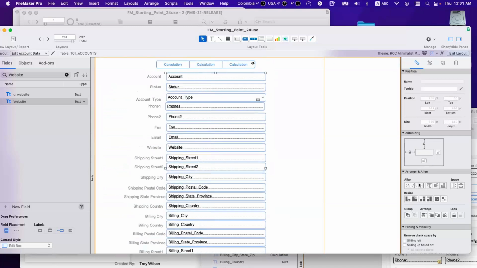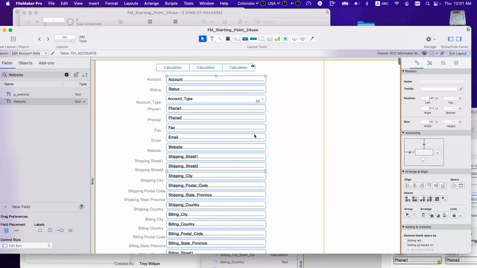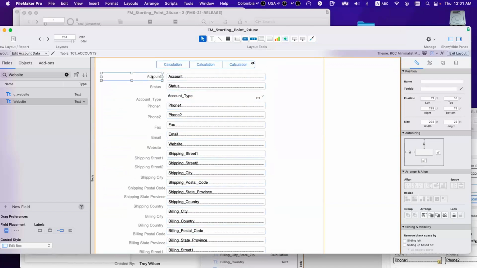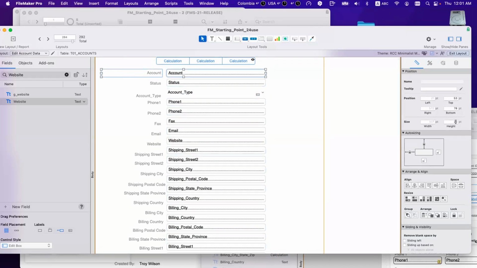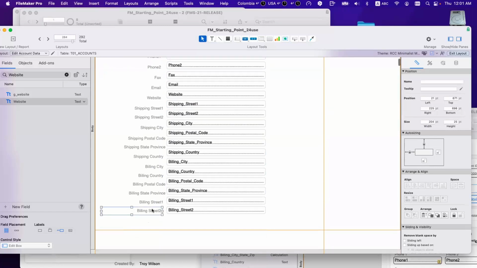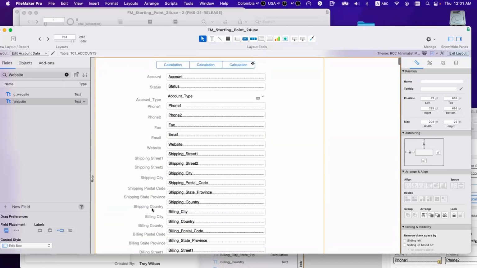So I align them to the right, make sure they're all the same length, and I'm distributing vertically, right? Now, this is the same height of this, 25. So I just put this where I want to be, the first, and then I put the last where I want to be,